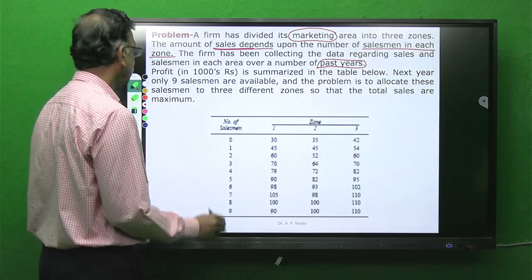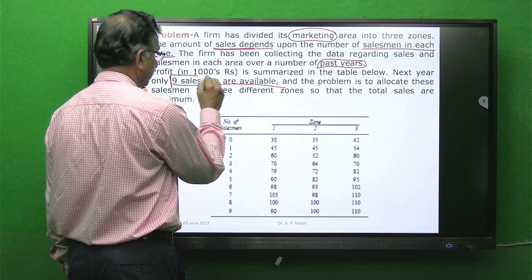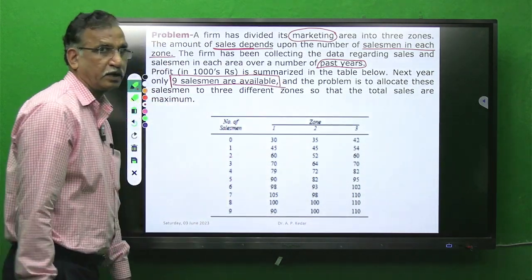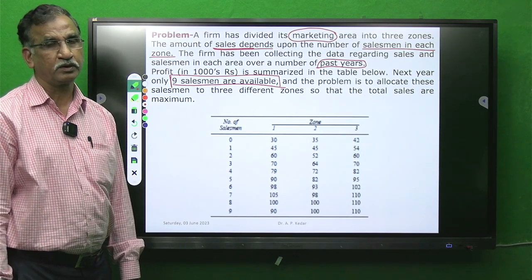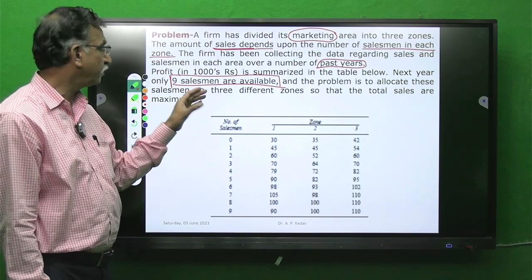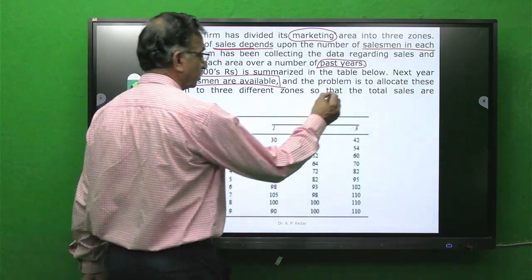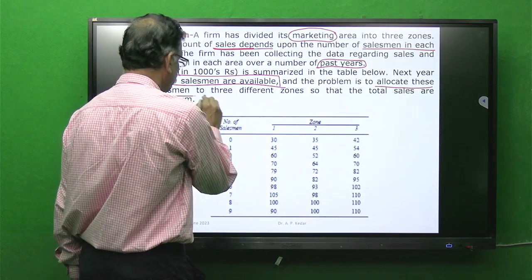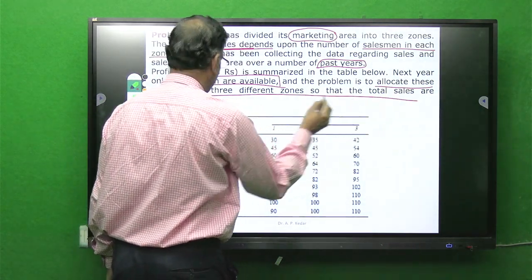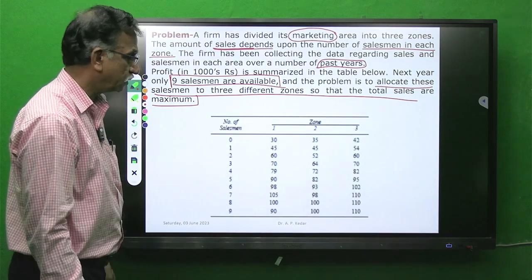Next, here only 9 salesmen are available. So this condition is given: the number of salesmen available is 9. Constraints are specified in the form of the number of salesmen available. And the problem is to allocate these salesmen to 3 different zones so that total sales is maximized. So as I have discussed right now,